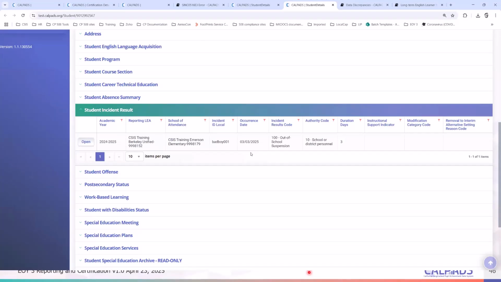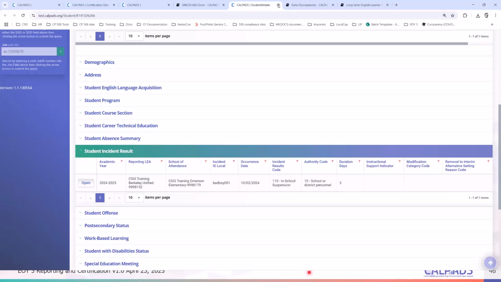So two things: if these two are the same incident, make sure that the occurrence date matches. If these two are different incidents, then change the local incident ID for one of those records. Okay, so that's that.